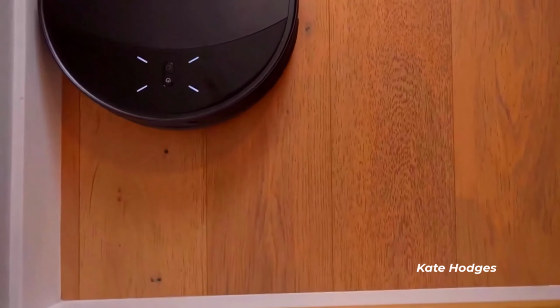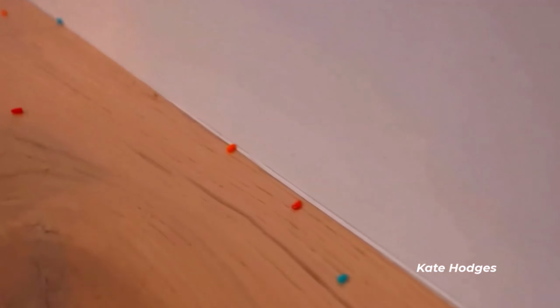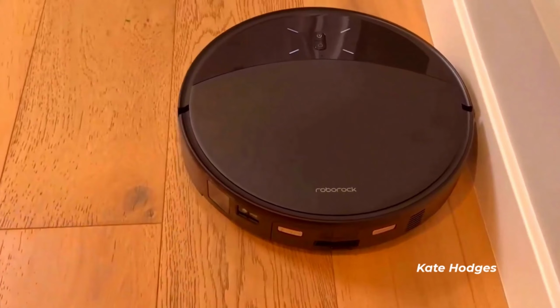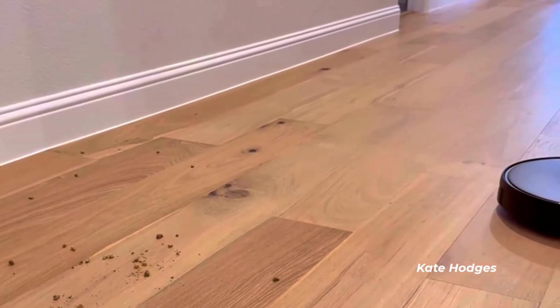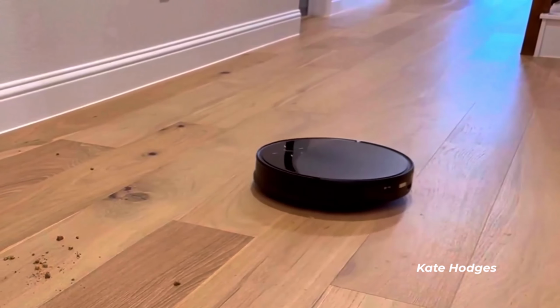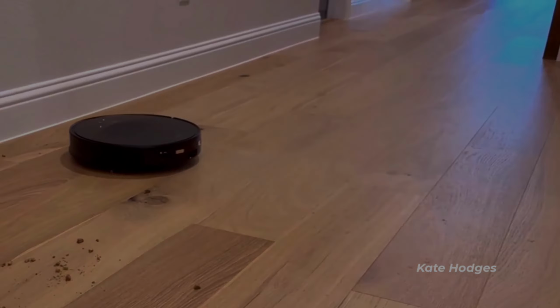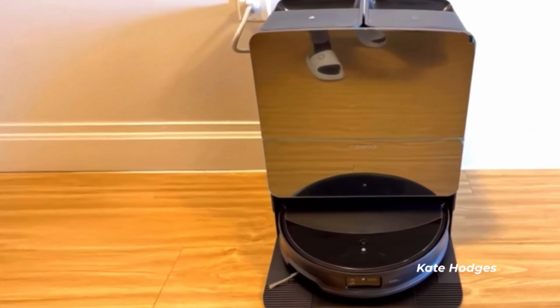The mopping capability is something I want to highlight too. With 2 spinning mop pads and its smart dirt detection, the X50 Ultra goes after spills, sticky spots, and even old stains. I tested it with dried coffee and some soy sauce blotches, and the result was pretty amazing. The station uses hot water to clean the pads after each run, so you're not dealing with dirty mop heads spreading grime everywhere. And the drying function with hot air keeps things from smelling weird, which is a big plus